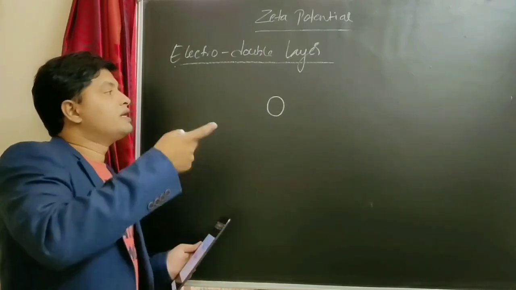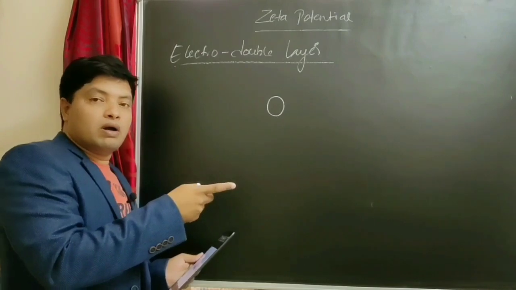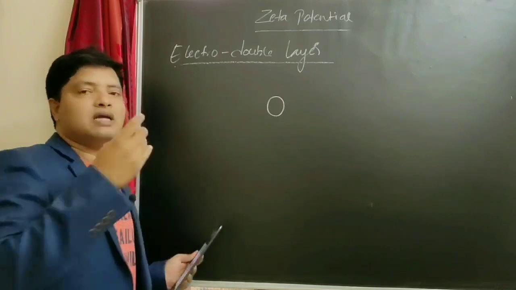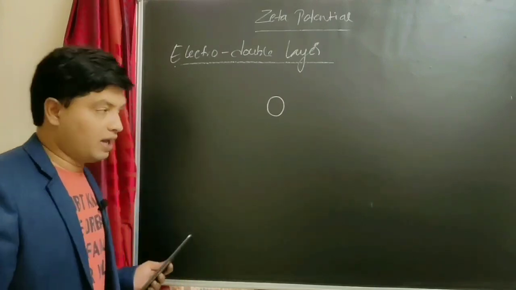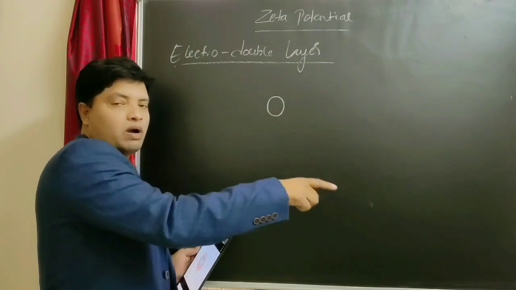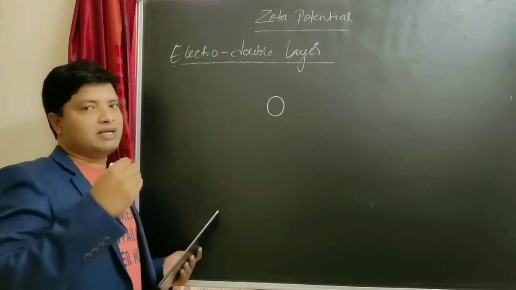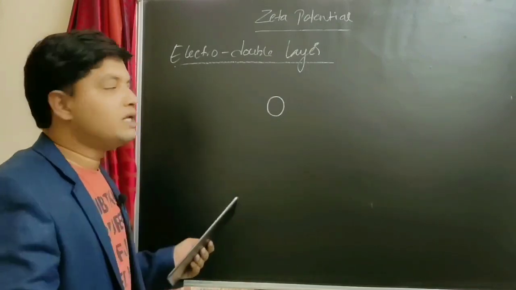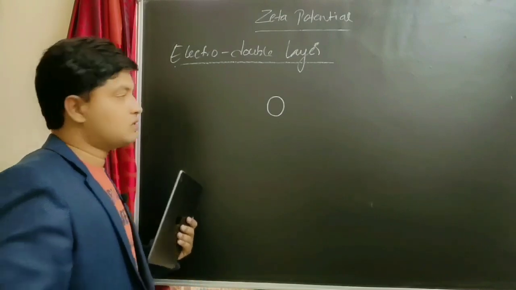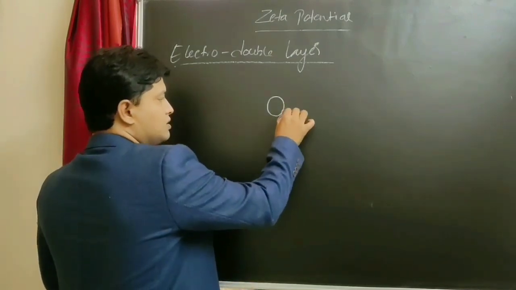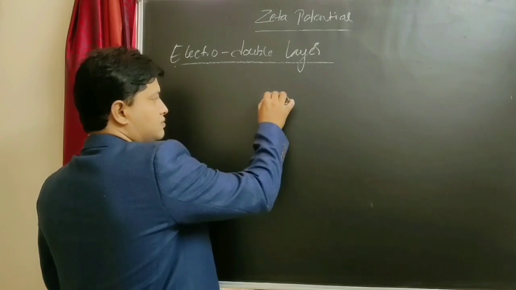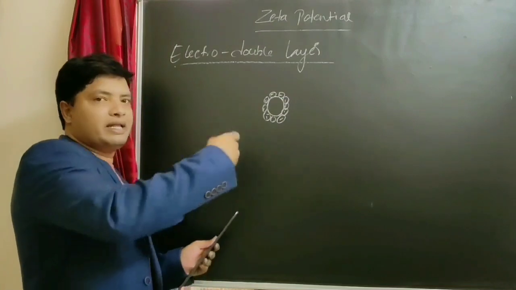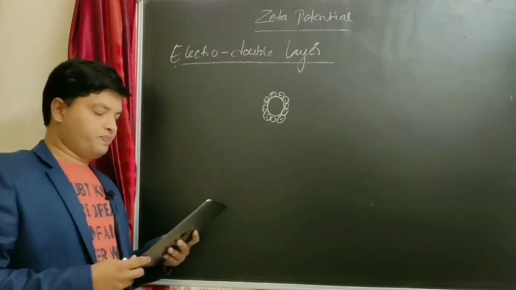Okay, assume that I am introducing a particle which is insoluble in water, and this particle is going to get the charge by one of the methods I explained earlier. Let's assume the first method, that is adsorption of ions. So when you put this particle into water, water has both types of ions, positive ions and negative ions. We assume that negative ions will adsorb, and they will impart some charge.